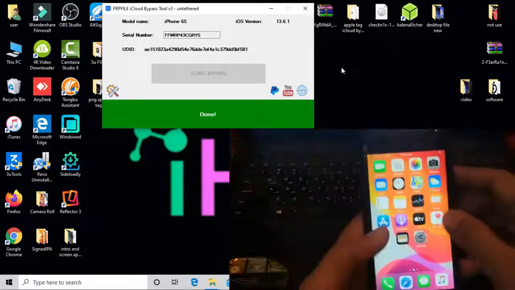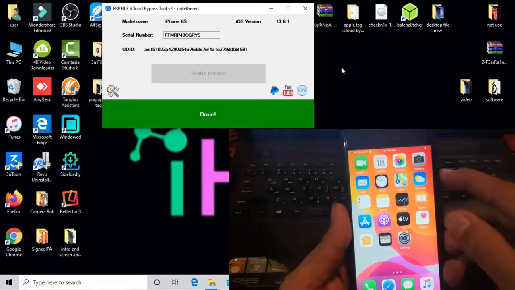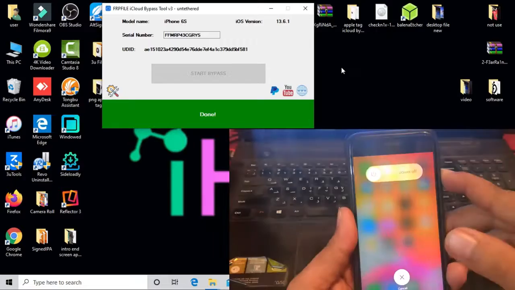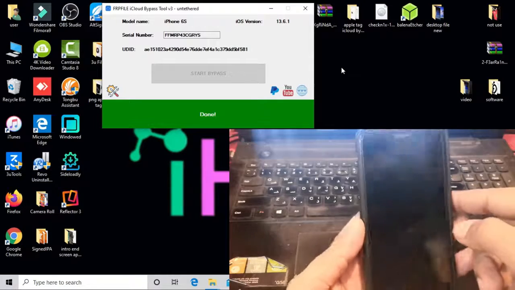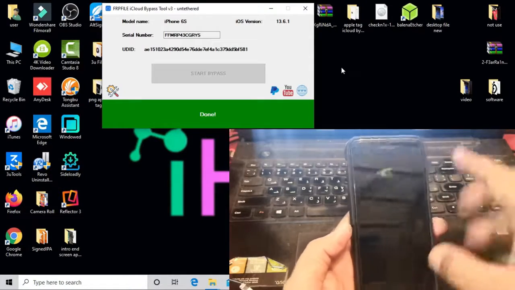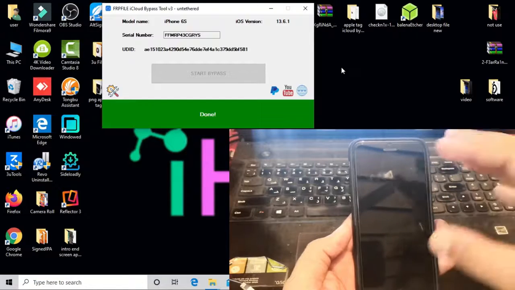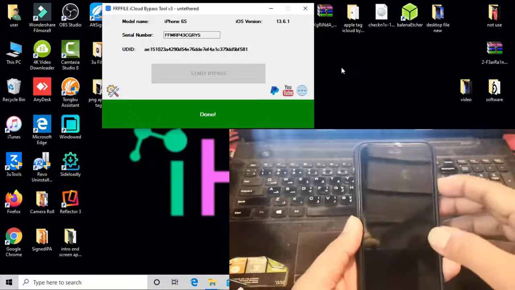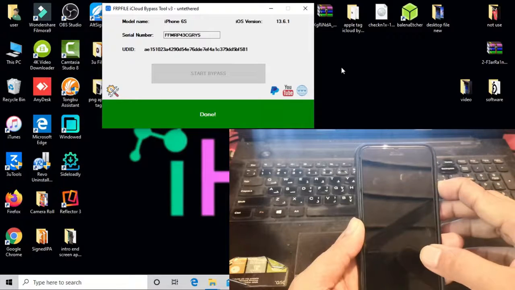Now I want to power off the device. Switch off. So guys, if the memory is full, you can just reset the complete device. Now you can turn it on.